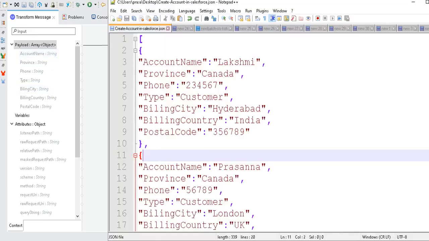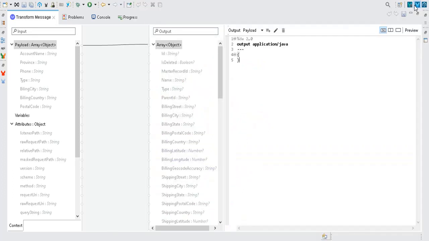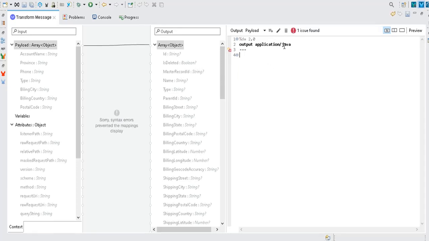But here we are going to insert 2 records at a time, right? So we need to do a map operation here. Okay. Let us start writing the data view expression for map. Okay.